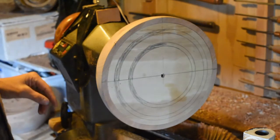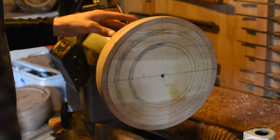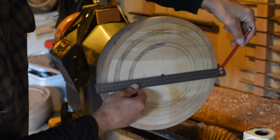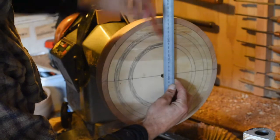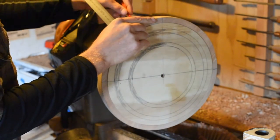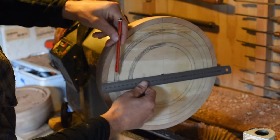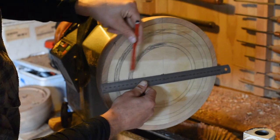Now, to get the marks that we need up here on the profile to use the jig, what I'd do is I would just quickly mark a straight line right across the bowl, another line vertically straight upwards to the rim, and then all the way down the outside edge of the bowl, all the way down to the chuck. I would then, obviously with a ruler, mark out the different points that I want to actually be cutting to make the different bowls,